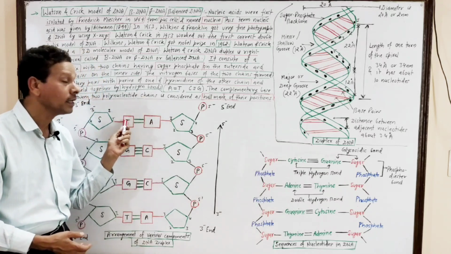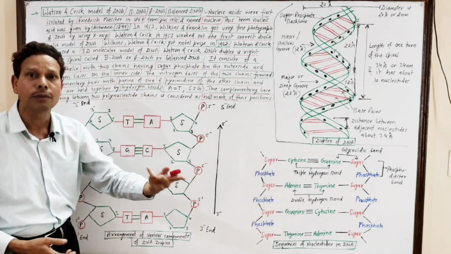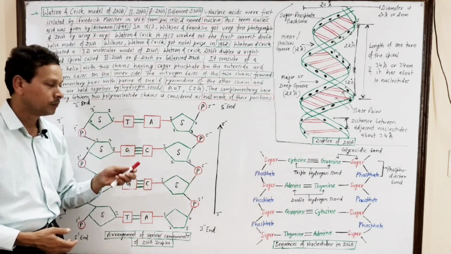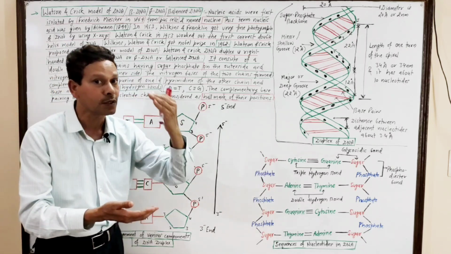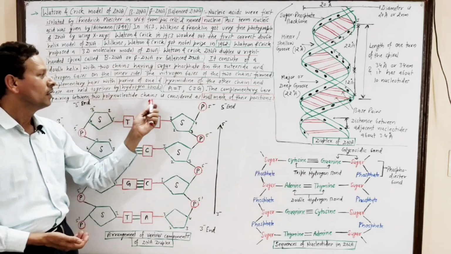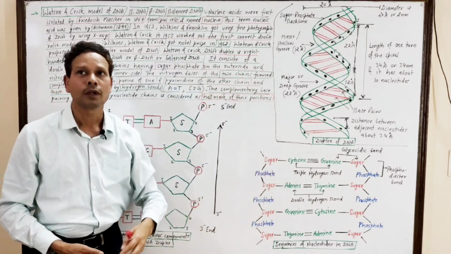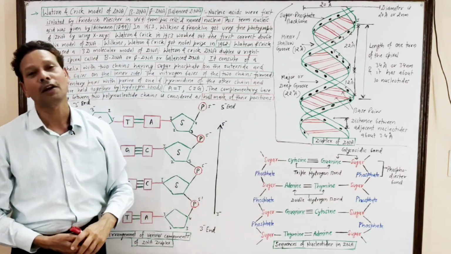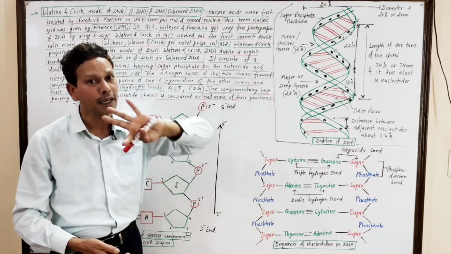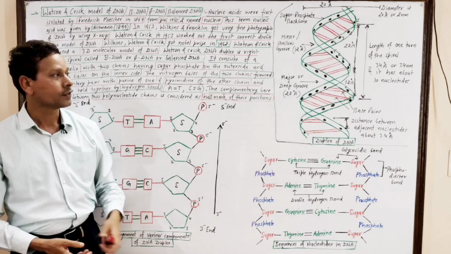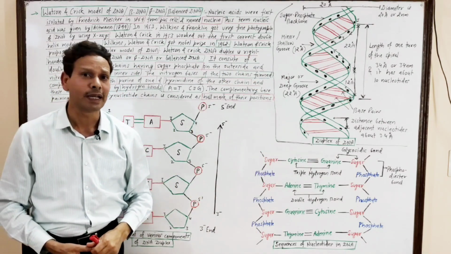It means T always pairs with adenine by a double hydrogen bond, and guanine always pairs with cytosine by a triple hydrogen bond. Such kind of pairing is complementary pairing, which represents the hallmark of DNA. This is all about the Watson and Crick model of DNA. It is stable DNA, B-DNA, a right-handed helix, and balanced DNA. In our next lecture, we will discuss DNA